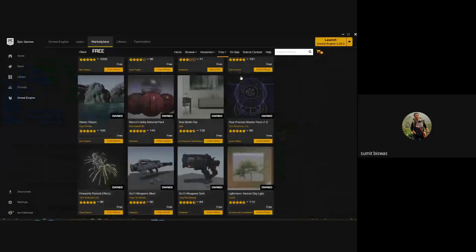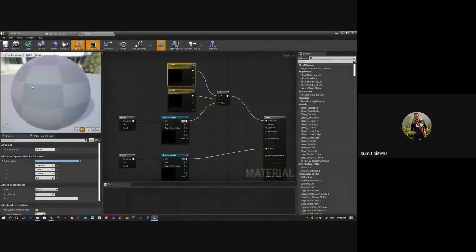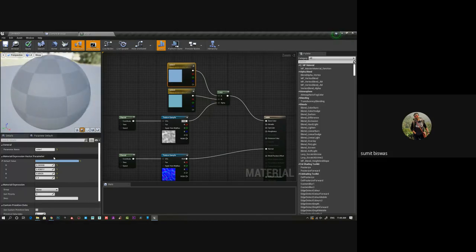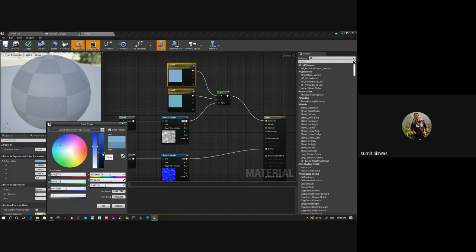Close this. Taking way too long. Okay. Maybe this one can be a bit darker.